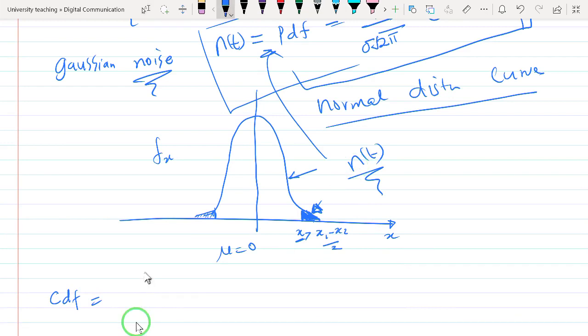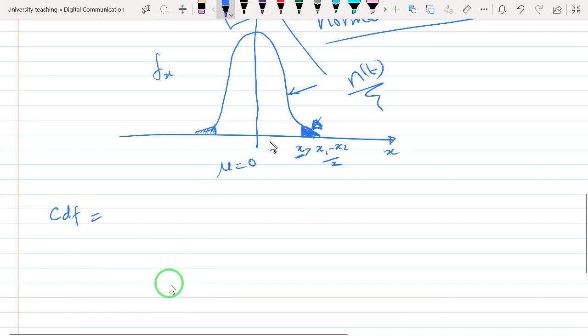And how do we find the cumulative distribution function? We are able to find the area under this curve by simply integrating from this point (x1 minus x2) divided by 2